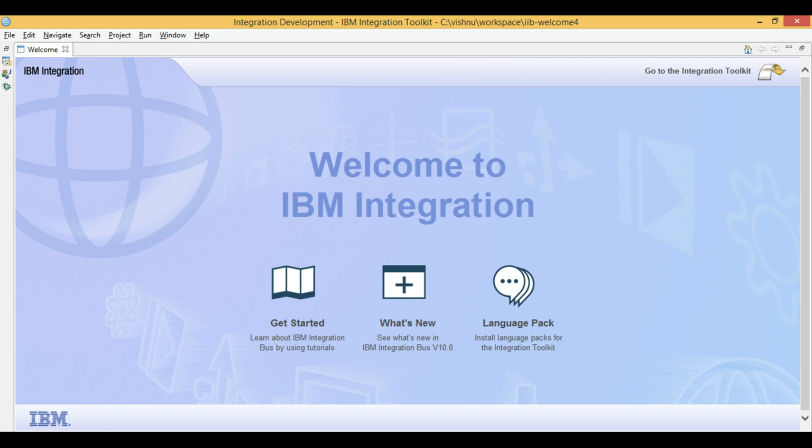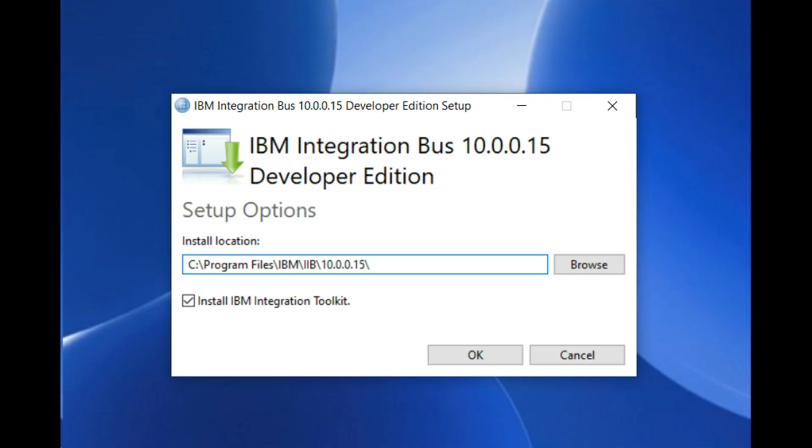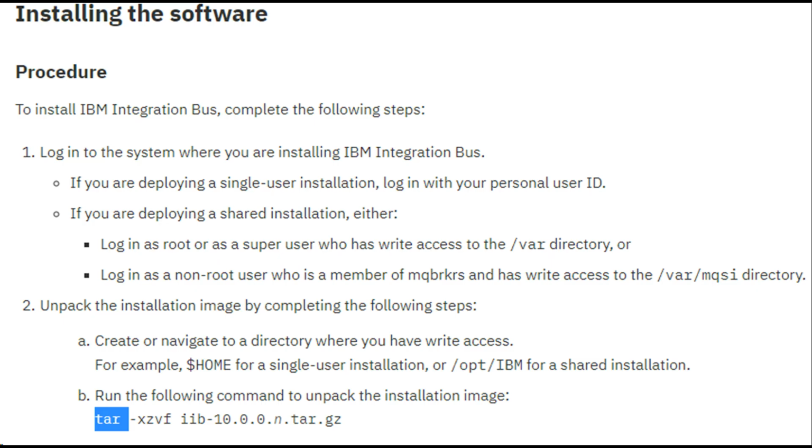The first thing, okay, let's start with installation. On Windows and Unix, it's a little different. On Windows, you can use your graphical user interface, and on Unix-based systems, you'll use the YUM command. You said that you can untar the package and then installation will be done.